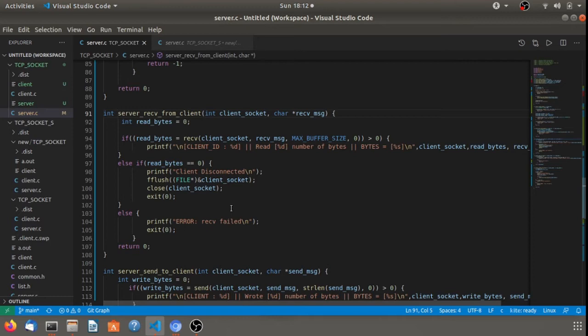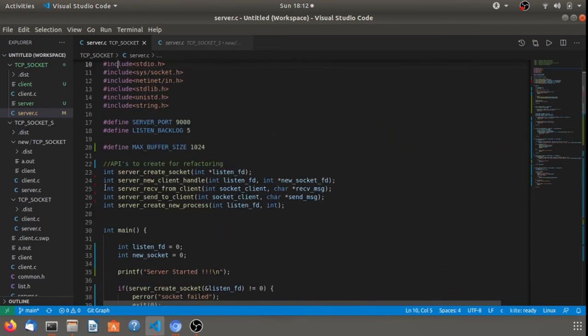So let's check the first one, that is server sends to client. If you want to send some data to the client, we have two parameters. This is the message pointer which we want to send to the client, and this is the socket FD related to that client.